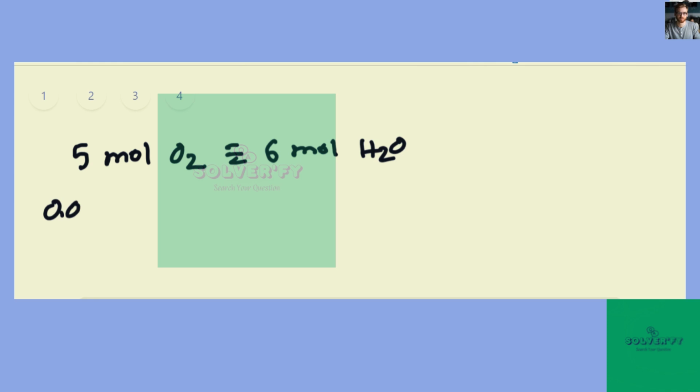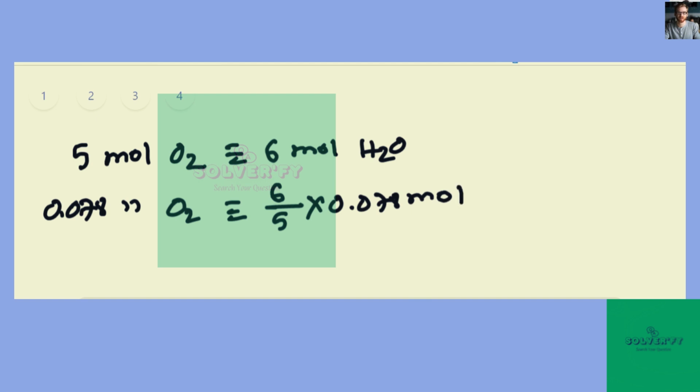That means 0.078 mole O2 will produce 6 over 5 times 0.078 mole, which is equal to